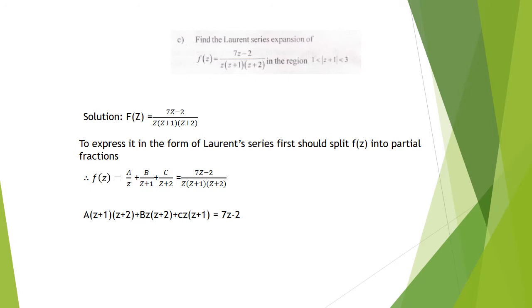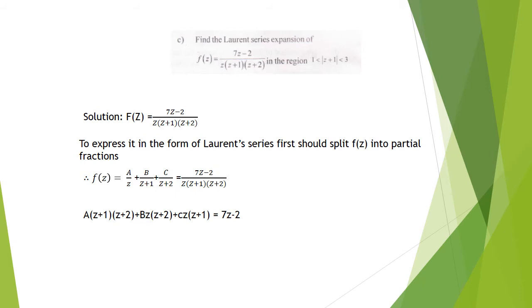See, whenever we are expanding in terms of Laurent series, we have to find the partial fractions. There is no other way. We have to find the partial fractions. And also one more thing we have to remember is it depends on the region in which we are trying to expand the problem. Suppose if it is 1 less than mod z plus 1 less than 3, then the Laurent series looks like one infinite series. If it is some other region, it looks like some other expansion. So, it depends on the region in which we are expanding.